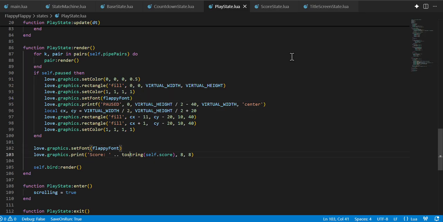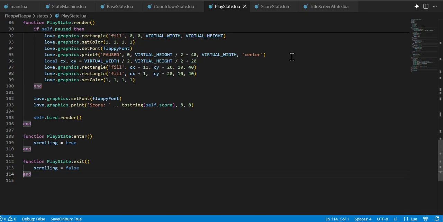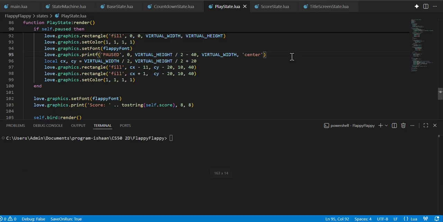And then there is function PlayState:enter, scrolling = true. Function PlayState:exit will make the scrolling false. So now if I run the game,